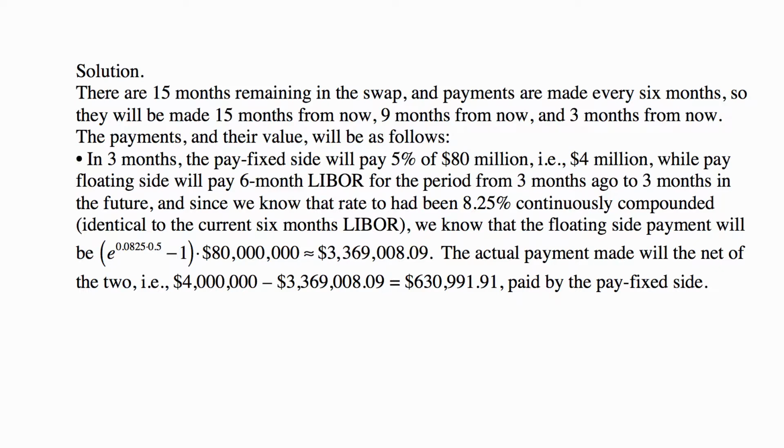In 3 months, the pay fixed side will pay 5% of 80 million, so 4 million, while the pay floating side will pay 6-month LIBOR for the period from 3 months ago to 6 months in the future. And since we know that rate to have been 8.25 continuously compounded, identical to the current 6-month LIBOR, we know that the floating side payment will be that rate over half a year as a continuously compounded rate. So e to the 0.0825 times 0.5 minus 1 times 80 million, which ends up being